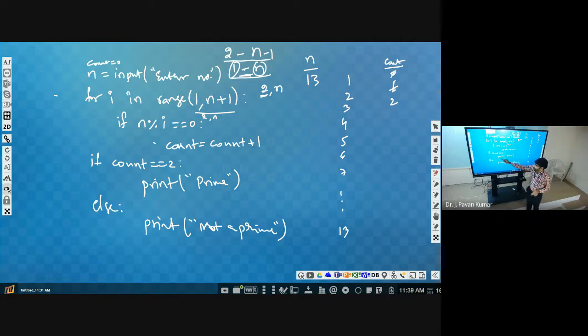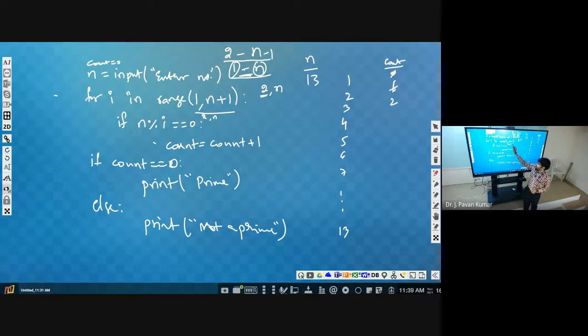Then finally, what do we have to check? To declare the number as a prime number, we are leaving 1 as well as n. No factor should be present other than 1 and n. So count should be 0. If count is 0, then only it is prime, otherwise not prime. Whenever we use 2 comma n, then count should be 0.